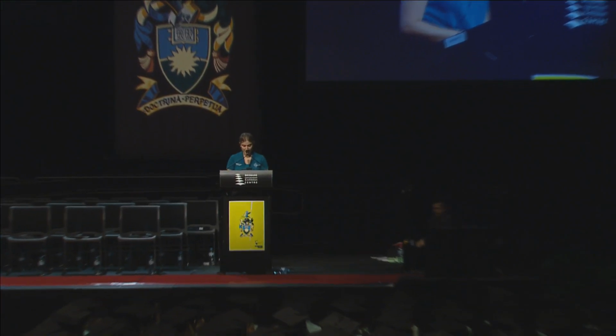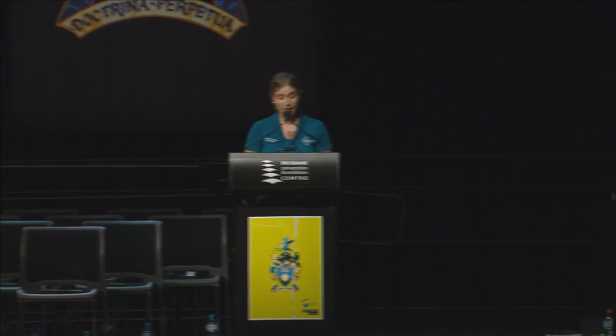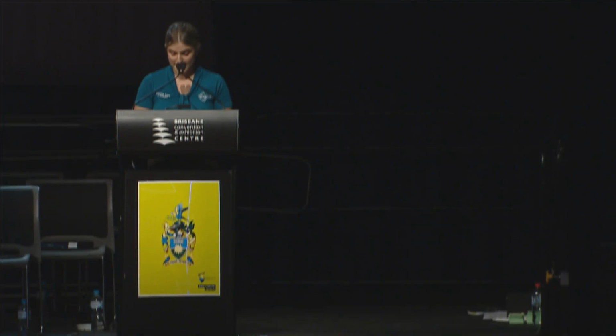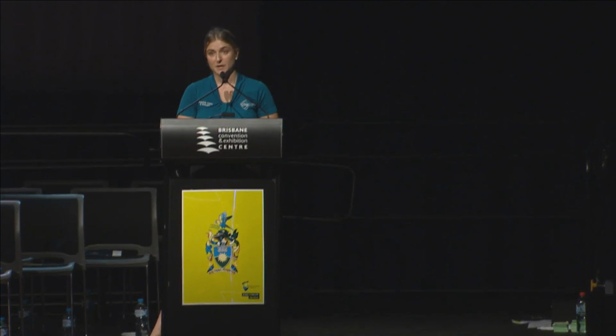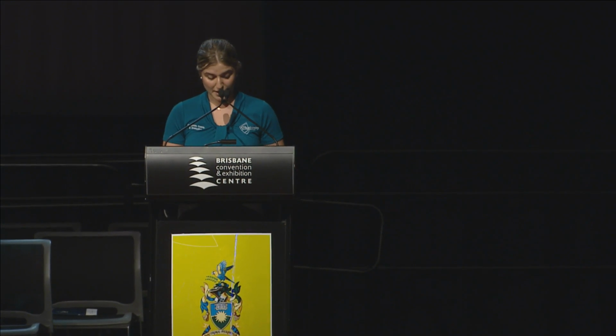Professional photos will be available after the ceremony. The team is set up next to where you collected your graduate card. And guests will be invited in shortly, so please stay where you are. It's really important that we start this grad ceremony on time. Guests will be allowed in, I'm assuming, straight after I finish speaking. If you have any questions in the meantime,